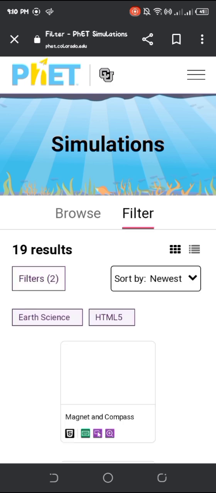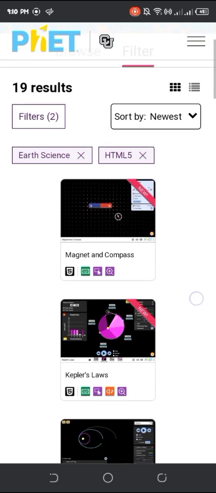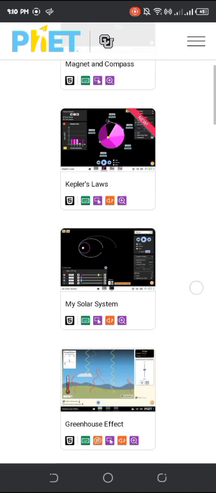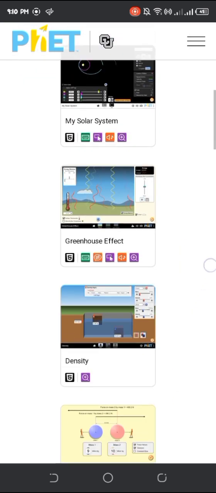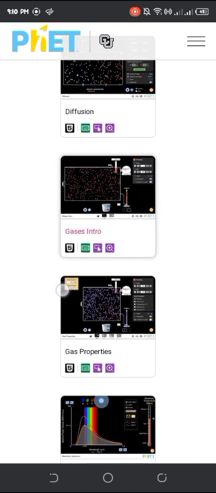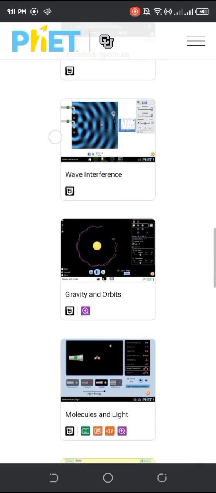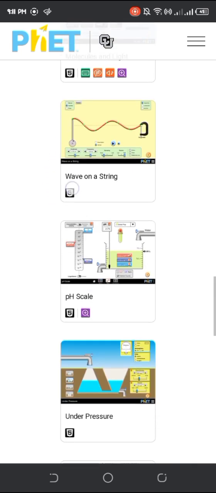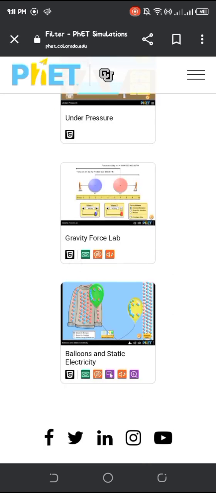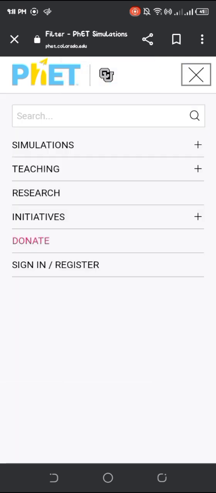What is it all about, earth science? These are the choices that you can choose about earth science. There are so many choices like this. So that is all about the PhET simulation game.